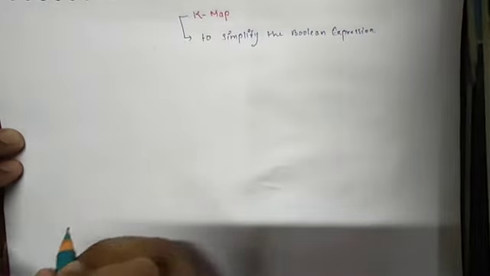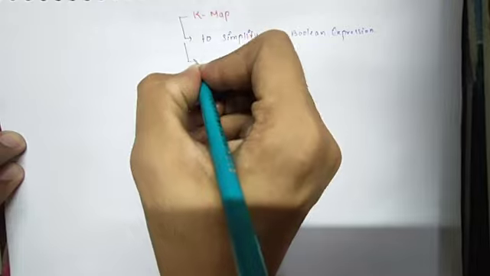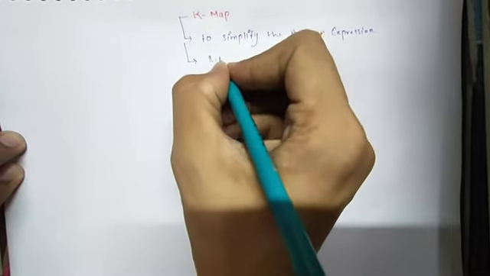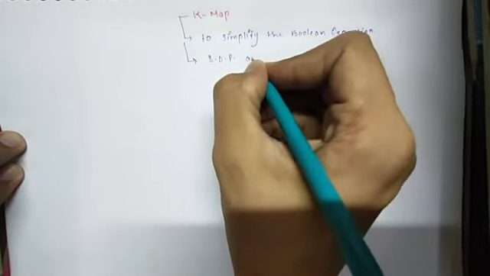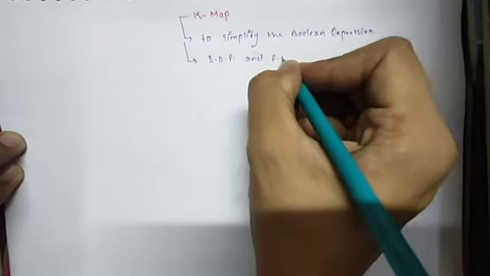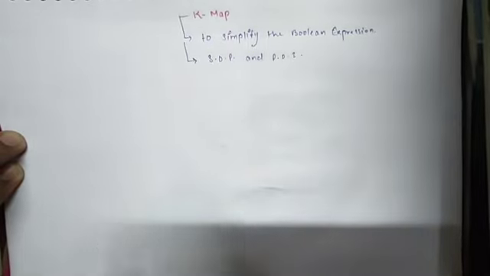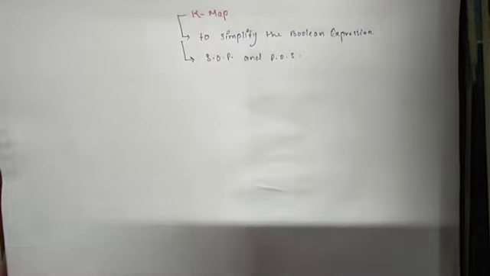Under this K-map, you will learn two topics. One is SOP and the other is POS. But before entering these main topics, we need to know some basic things. First, let us understand that.